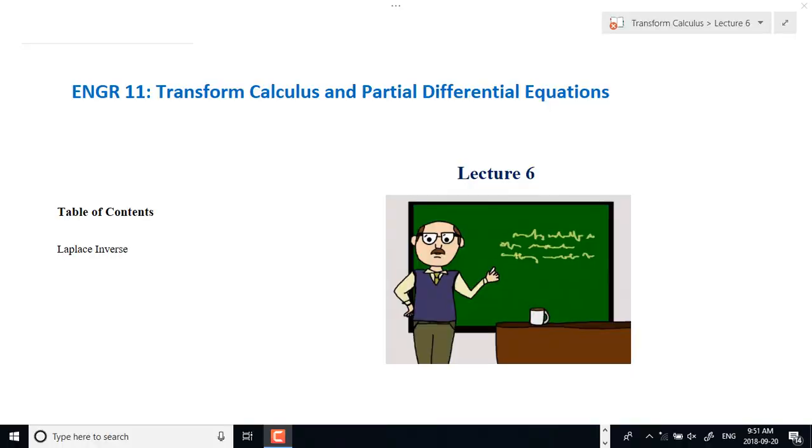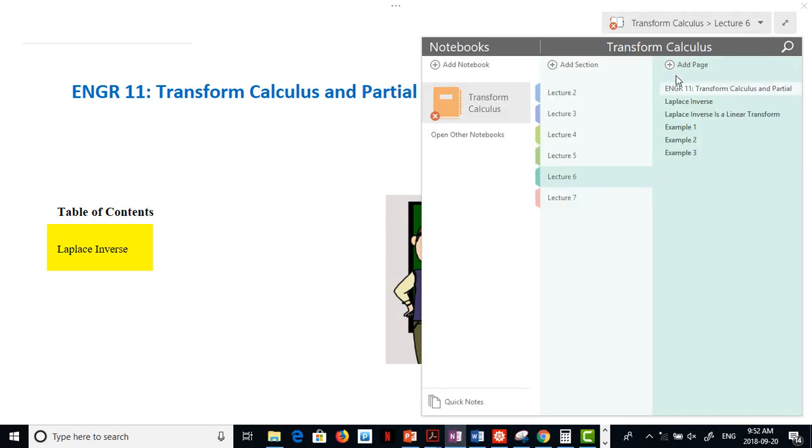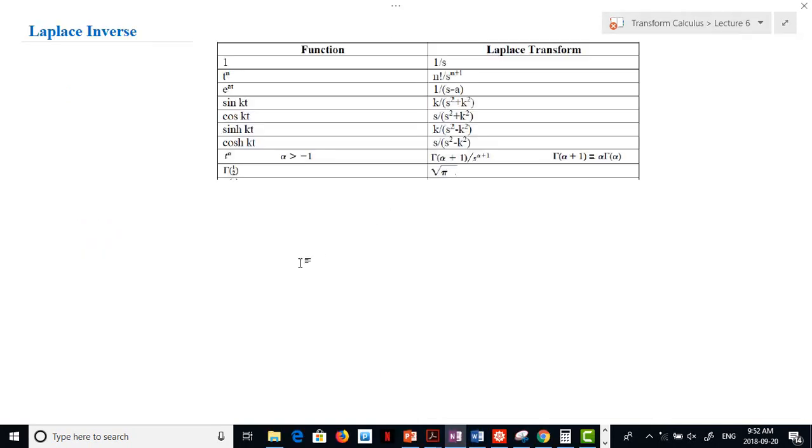Hello guys, we're going to start our sixth lecture on transform calculus and partial differential equations. In this lecture, I want to talk about Laplace inverse. So far we could find Laplace transform of some functions. I brought these functions here and the Laplace transform because in the exam, I will provide you with this